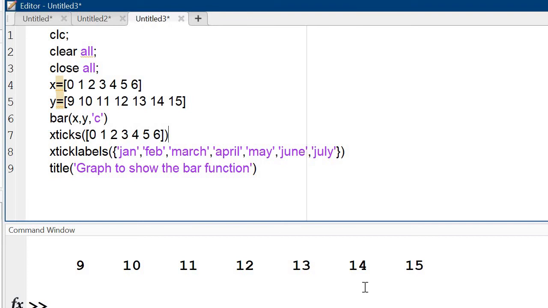Okay, if the question is that you have three cities, city A, city B, city C, and every month the temperature of city A, city B, city C varies, then how to draw this bar graph? I will show you the result.